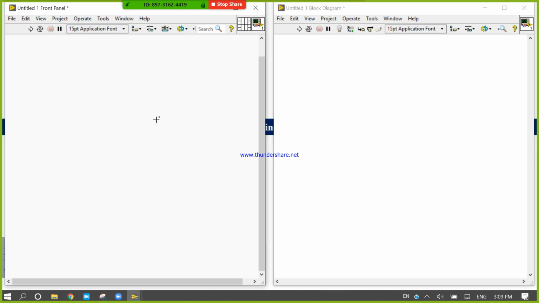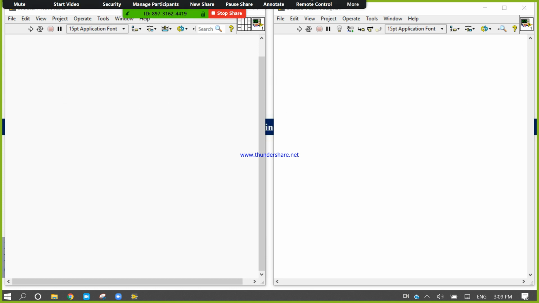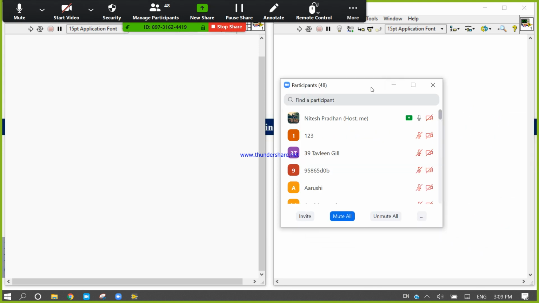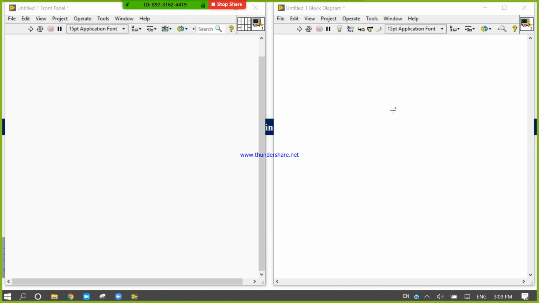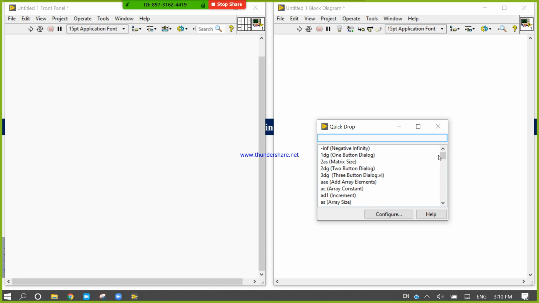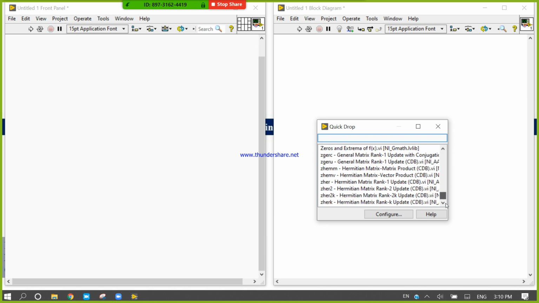In the front panel, quick drop will give you information only about those objects which are present in the front panel. In the block diagram, if you click and press Ctrl space, you can only access the components and things related to block diagram elements.